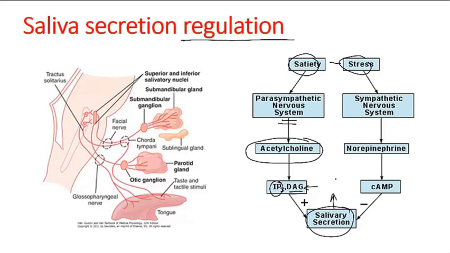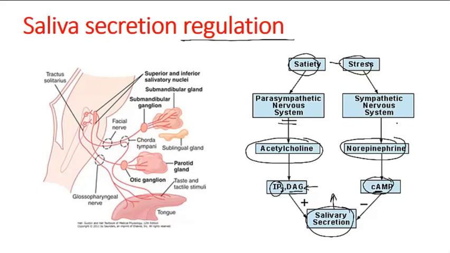While if you are going through any kind of stress, the sympathetic nervous system will start acting and norepinephrine will be made, which will produce a lot of cyclic AMP, and once cyclic AMP is produced, that will prevent the release of saliva. So the process of salivation is mostly controlled by the autonomic nervous system, both the parasympathetic and sympathetic,